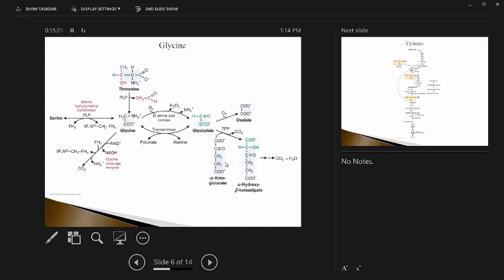All right, so we're going to take CO2, ammonia, N5-N10 methylene tetrahydrofolate. We get folate, and we use NADH, and we end up getting glycine. So this is the synthetic pathway for glycine. In addition, it can actually be a synthetic pathway for serine, because this reaction, serine hydroxymethyltransferase, is reversible. So we can make serine that way. And threonine actually is broken down to glycine this way,